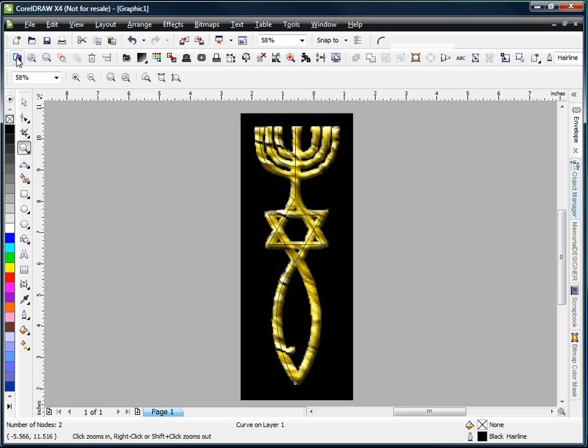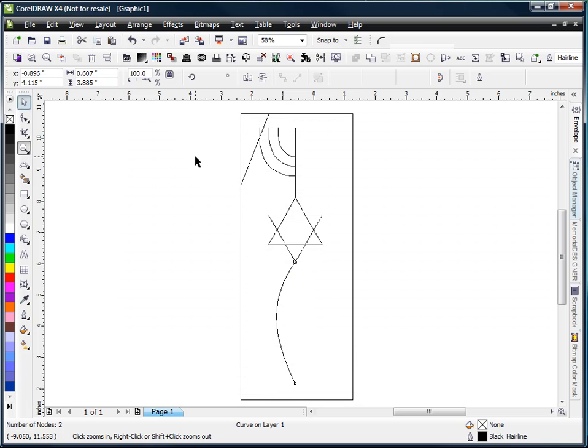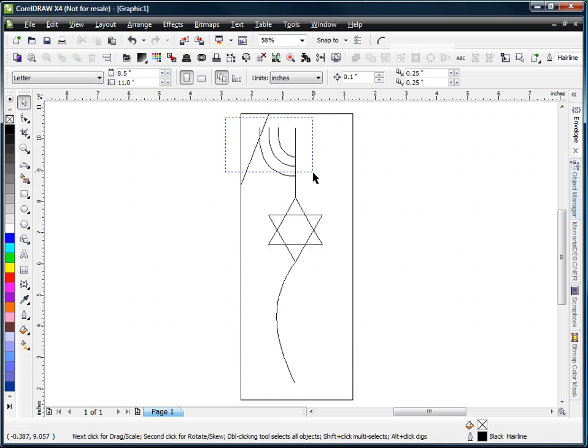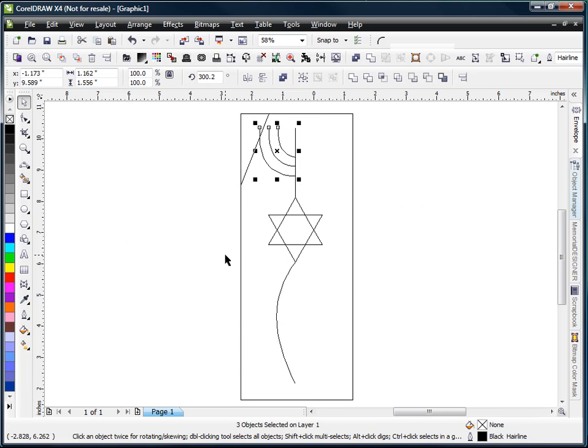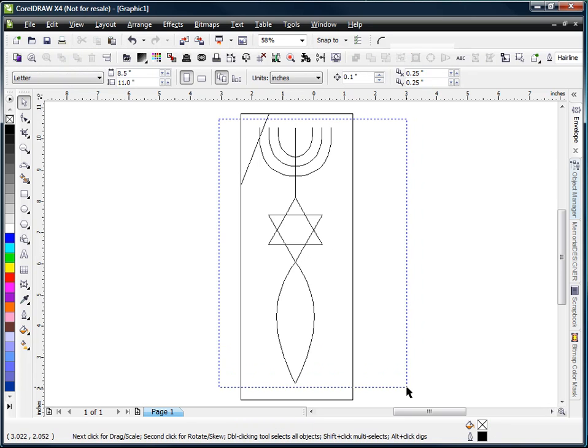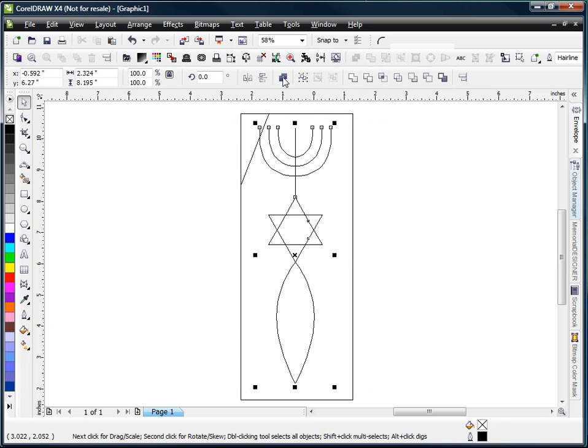What I'll do is maybe go to wireframe to look at this a little easier, and I'm going to select the arcs on the top and the arc on the bottom. Holding down Shift, I can select those, and then holding down Control, clicking on the one handle and dragging over to the other. And while I do that, I'm going to right click on the mouse button. You can see that it changes to a plus sign, and I'm going to let go, and now it's duplicated over on the other side. So now I'm going to select the whole thing that we just created. I'm going to combine it together,